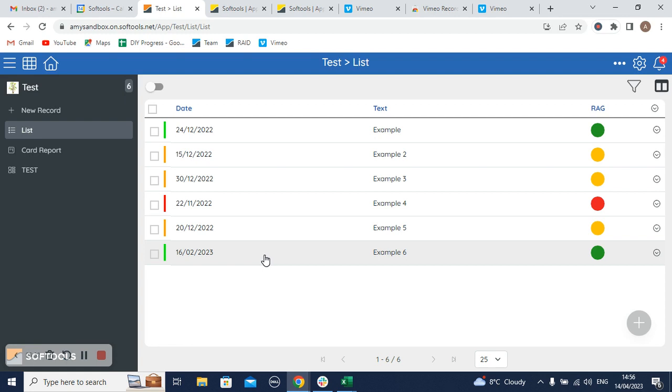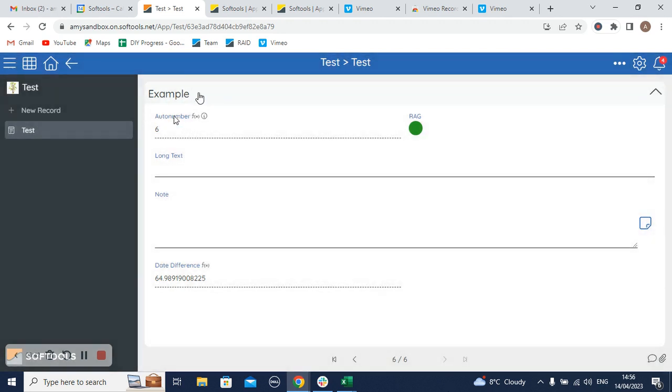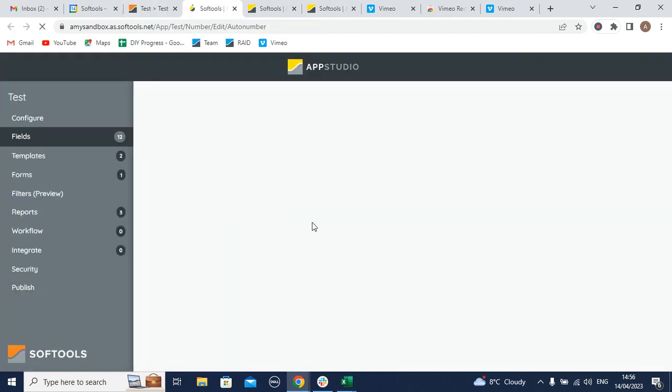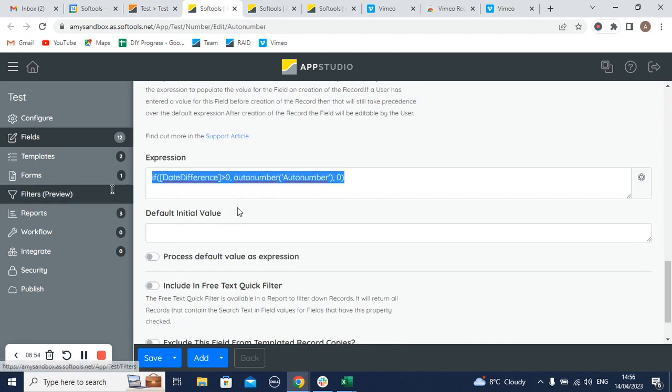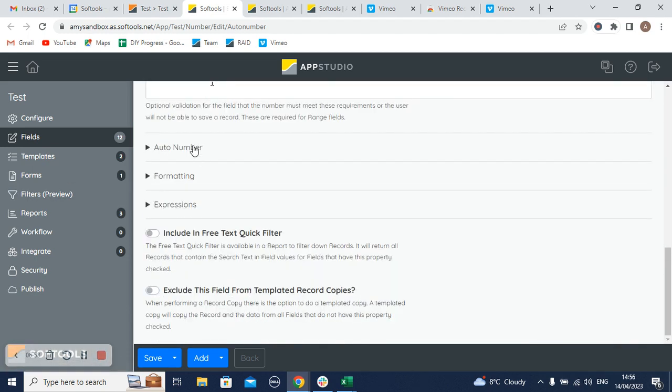And then what you can do is remove this expression because you've run it for every record up to date. And then make a note of your highest auto number. So for myself, I know it's 6. So then you can just go into the auto number field, remove the expression, and then go into auto number,